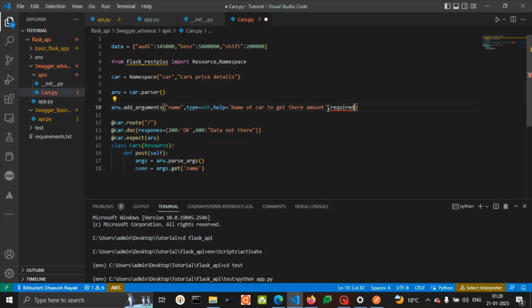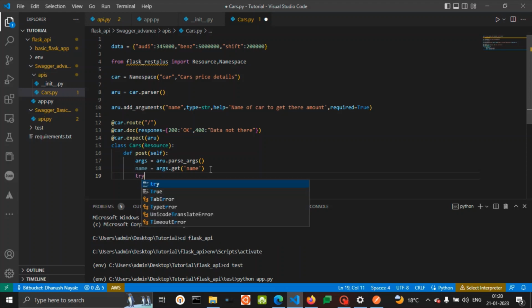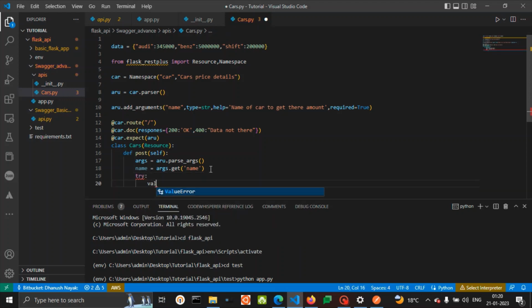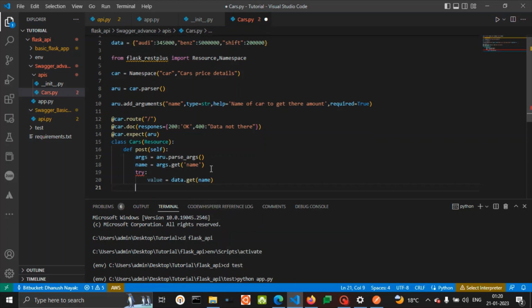Unless the name is given, we cannot fetch any data from our data dictionary. Okay. So now let's use the concept of try and except. Like try, let's have value is equal to data.get name. If there is no key present, then it will be caught,